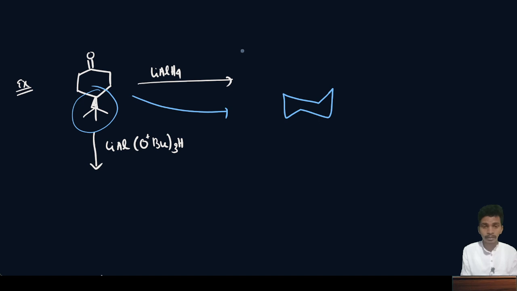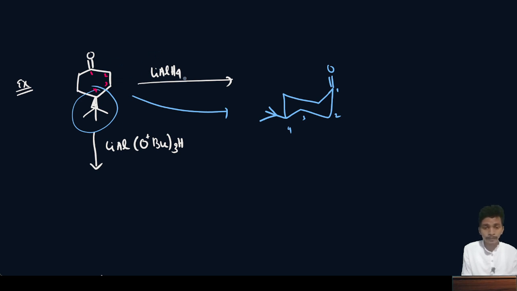Now start naming the positions. Let's say I name these 1, 2, 3 and 4. At 1 and 4 some groups are there. Let's see this double bond O, OH. Here we have 1, 2, 3 and 4, and at the 4 this group is there. Now, whenever lithium aluminum hydride or any reagent or nucleophile attacks